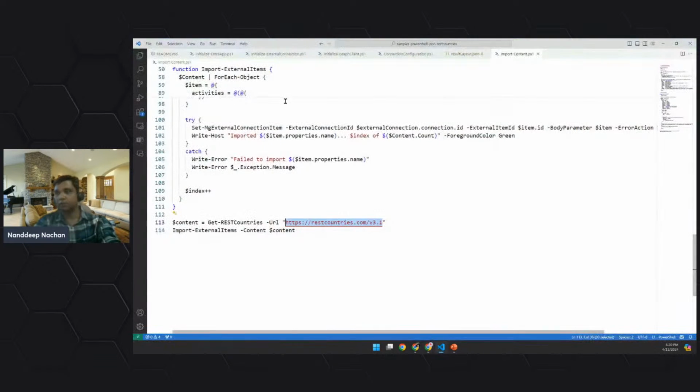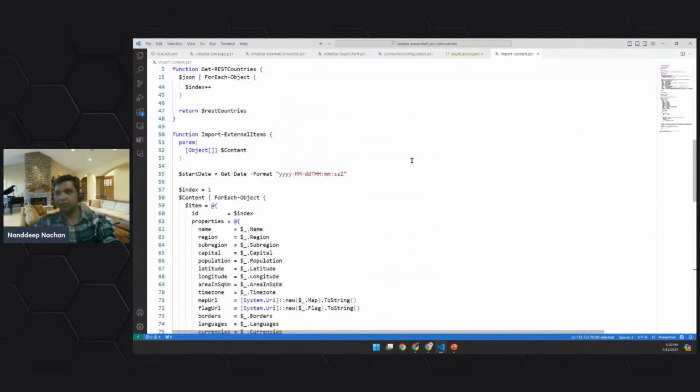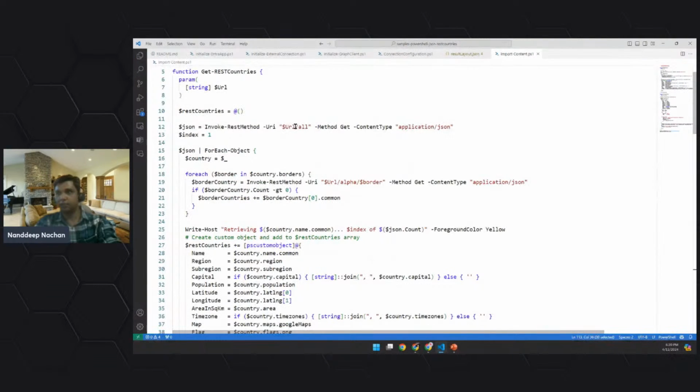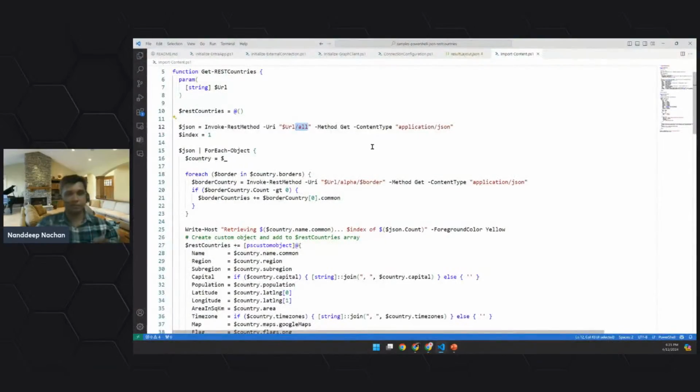So it won't be directly here because we do have other URLs here which compose the entire thing. So let's say, for example, if I go to /all, this should show us all of the countries which are available under restcountries.com. And what we are going to do now is that using PowerShell, we are going to connect to this API which is available here, and this entire collection of JSON contains the country information for each country. So there are around 250 countries listed in this API, which we are going to fetch and then ingest into the